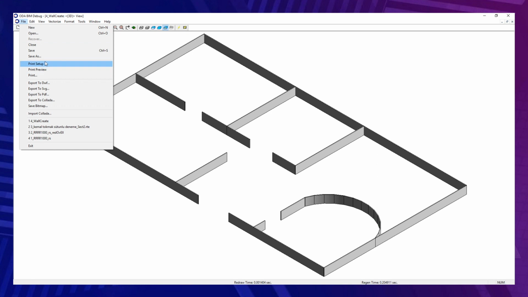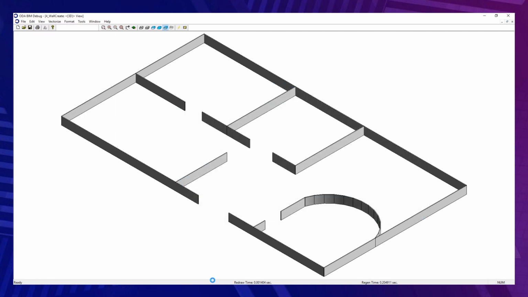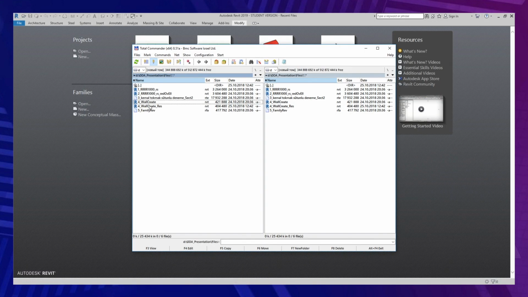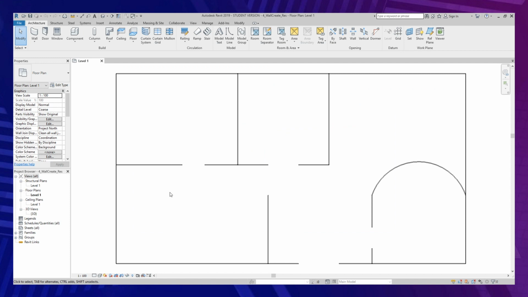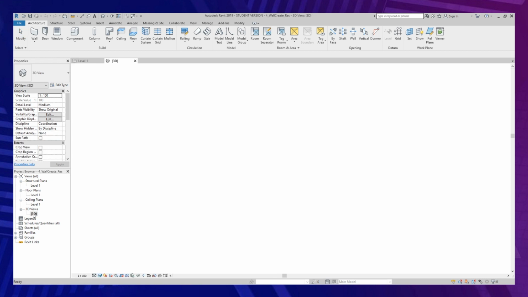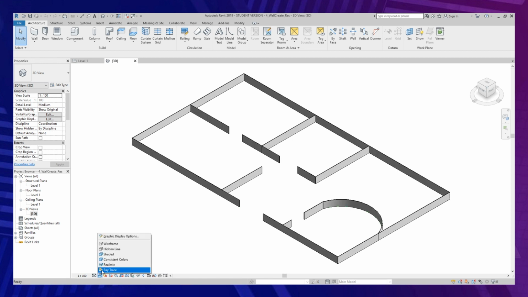So currently we are going to save it to a file and try to open it in Revit and see how Revit will react to our file. Revit opens the same view. Currently we will also select the 3D view for the file, and we see the same picture. So we can also select different views, for example shaded mode and realistic, and we also can select an